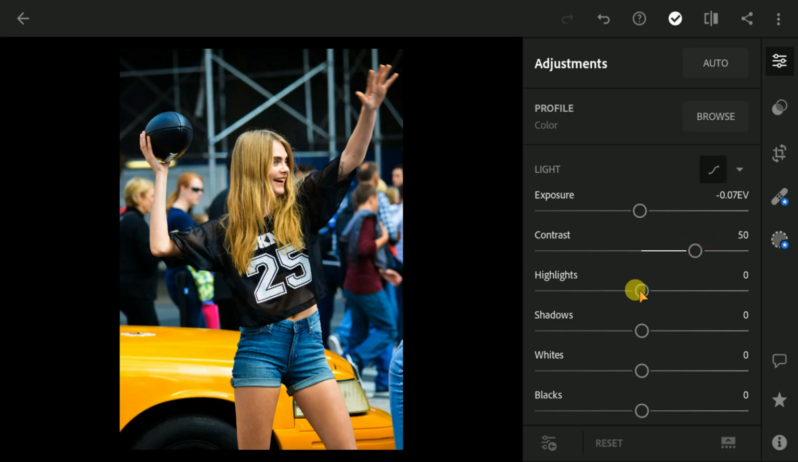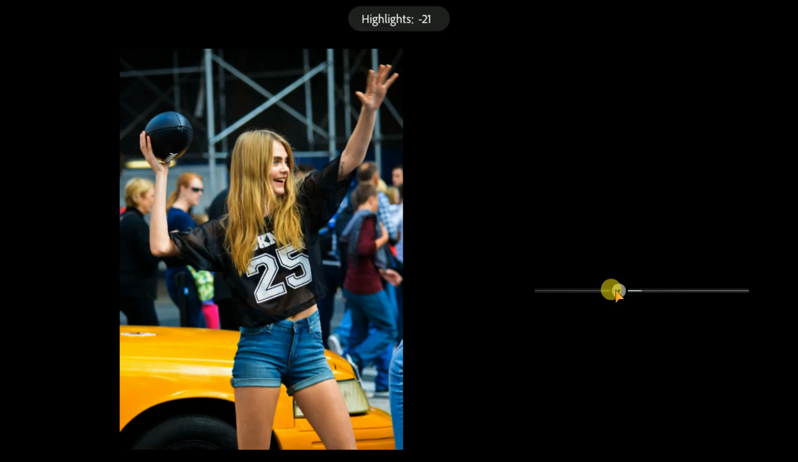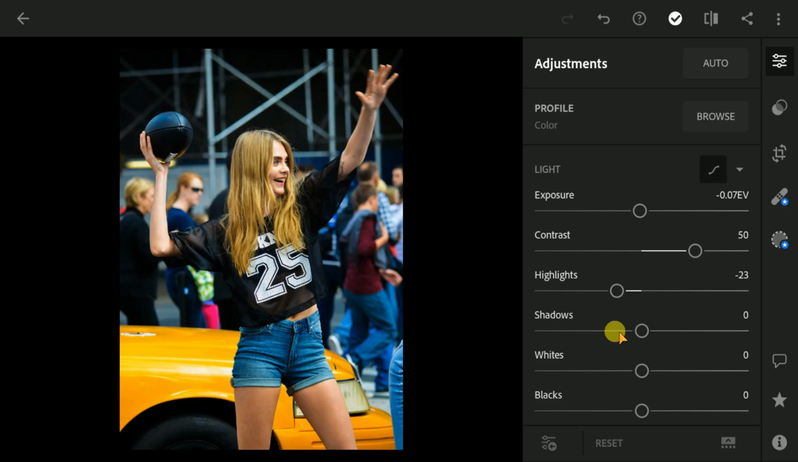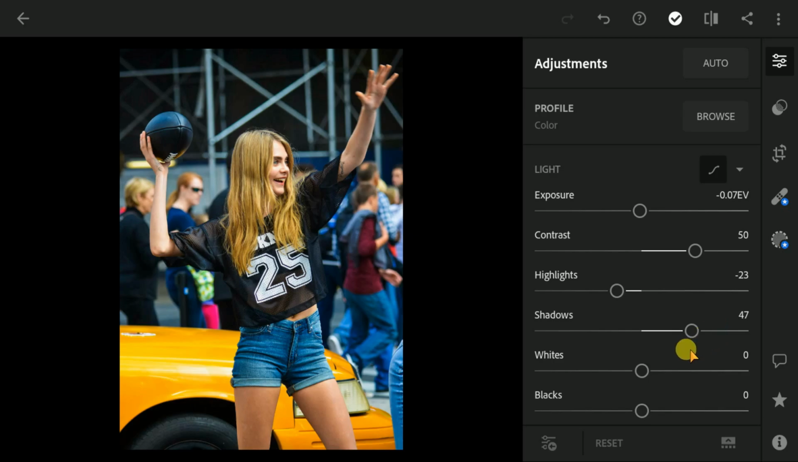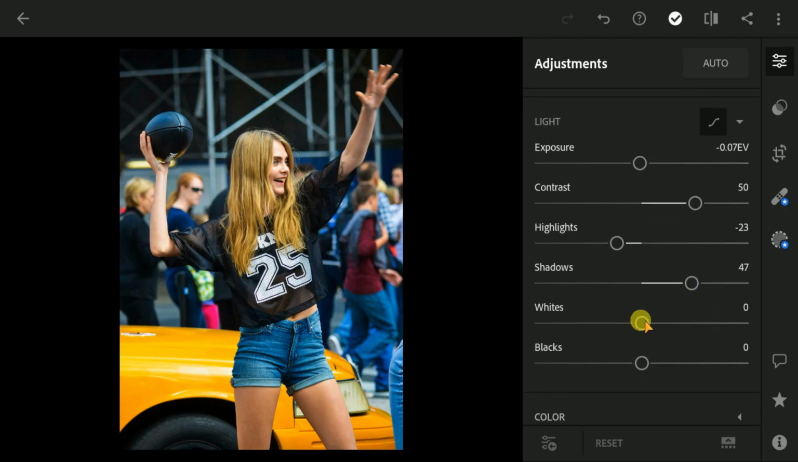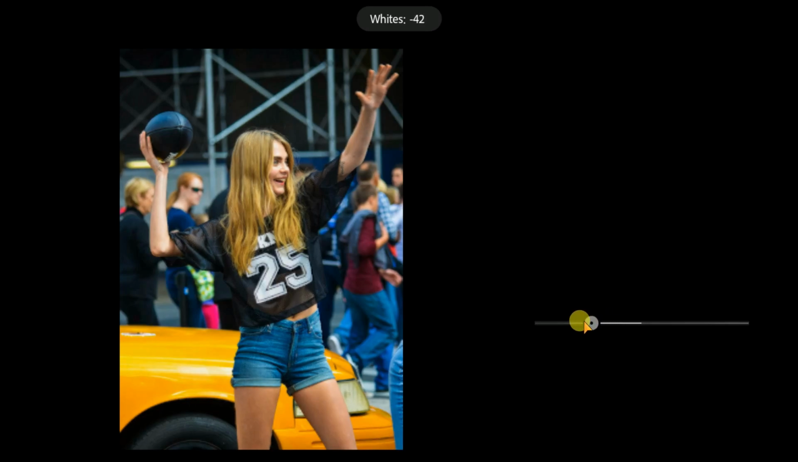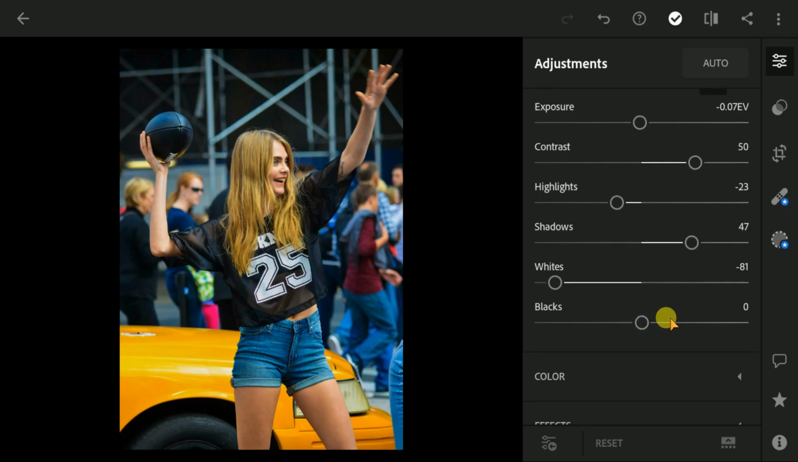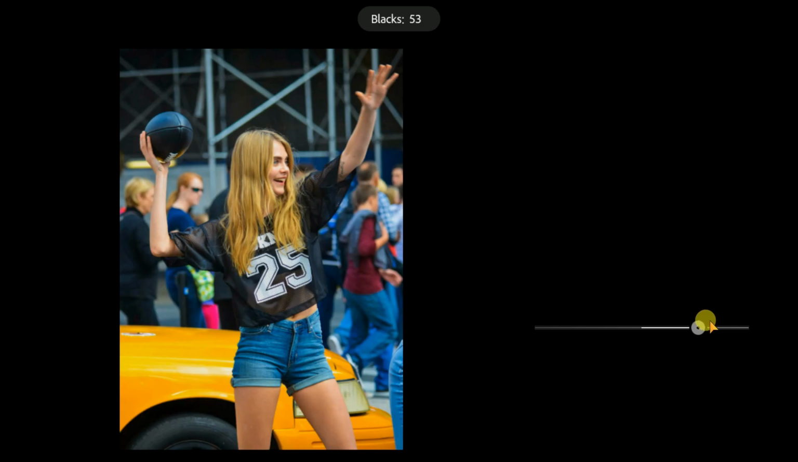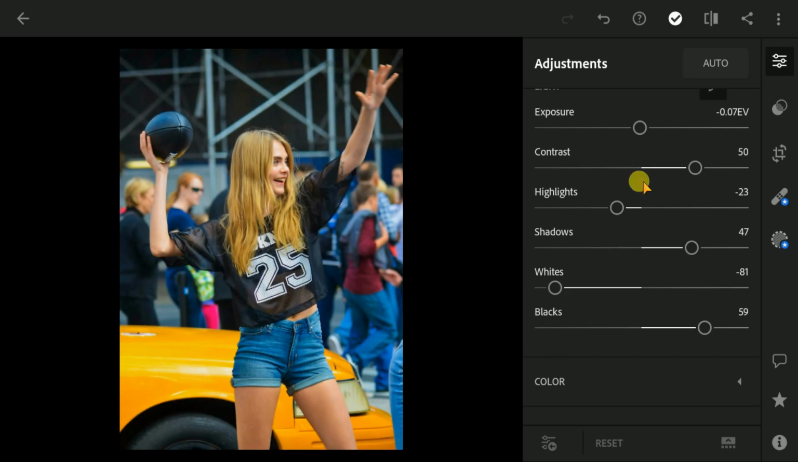And highlights minus 23. Okay, then increase the shadow around 50. That's fine. Then I'm decreasing the white minus 80, 81. Okay, and increasing the black around 60. Okay, this is fine. Now go to the curves